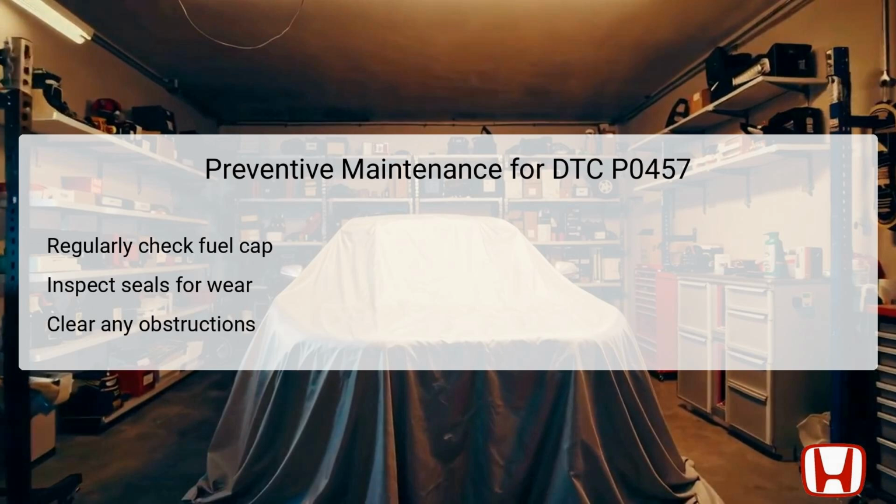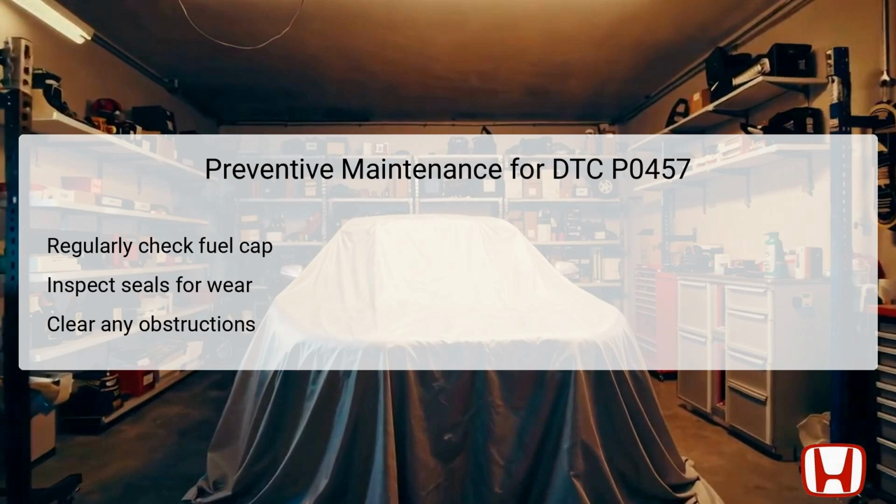Regularly check the fuel fill cap for secure attachment and ensure it is the correct cap type for your Honda Accord. Inspect seals for any signs of wear and tear to prevent leaks and breaches in the evaporative emission system. Additionally, periodically check the routing of the vent tube to avoid blockages and ensure easy passage of fumes, as this directly affects the functionality of your emission control system. Simple checks and maintenance concerning these components can save time and potential costs in repairs, ensuring smooth vehicle operation and